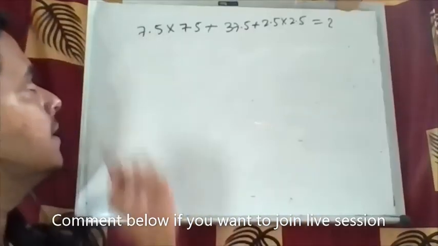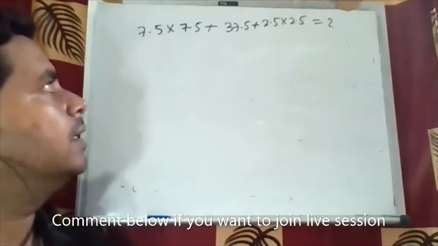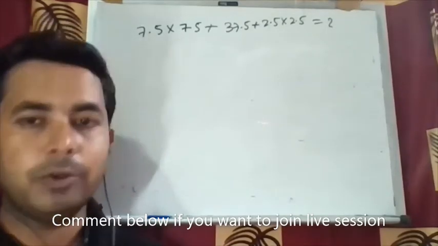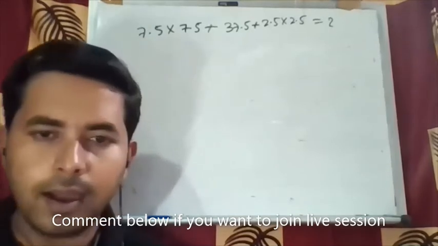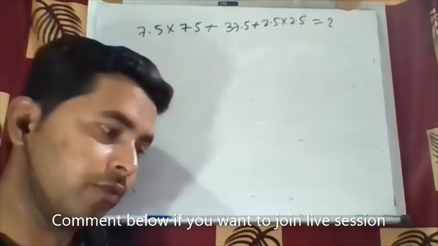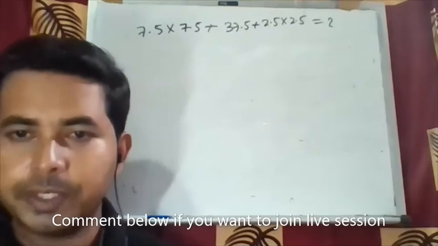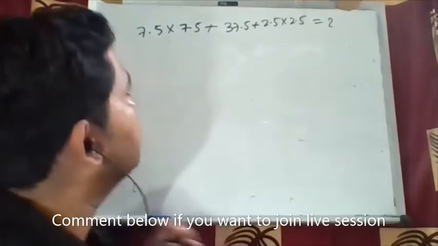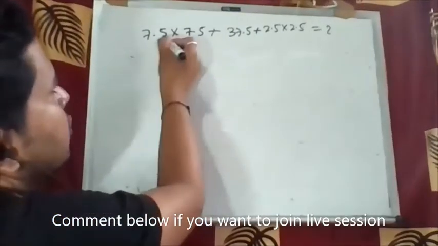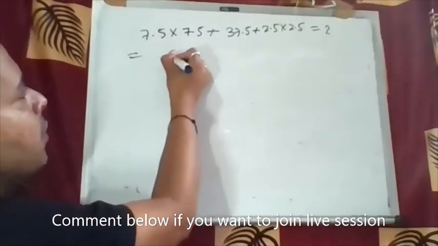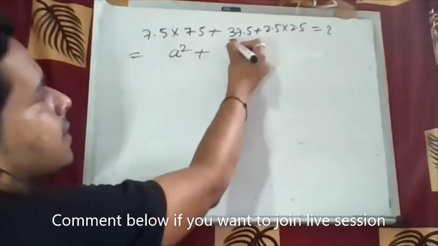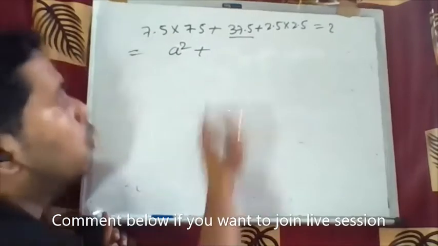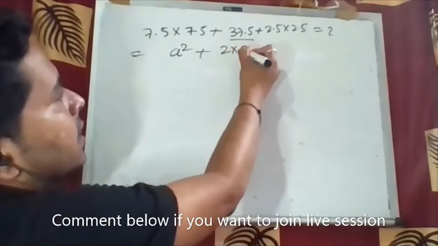The question is 7.5 into 7.5 plus 37.5 plus 2.5 into 2.5. So what will be the answer? So here you have to use a formula directly: a square plus b square plus 2ab. Okay, use a formula: a square plus b square plus 2ab. So here look, 7.5 and 7.5, this is a square, and here this is 37.5. I can write like 2 into 7.5